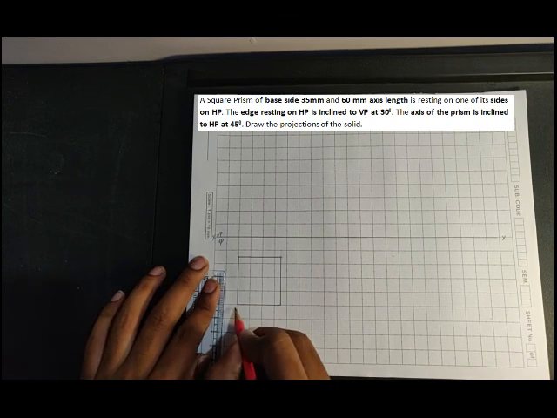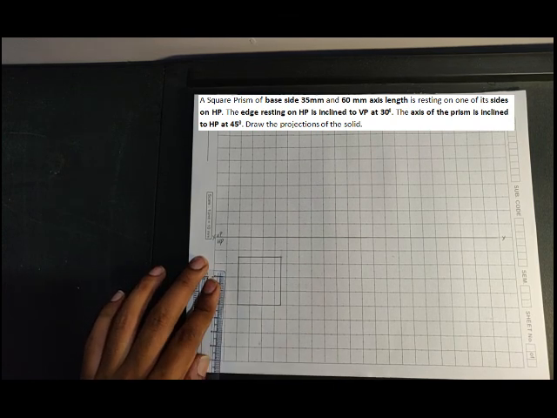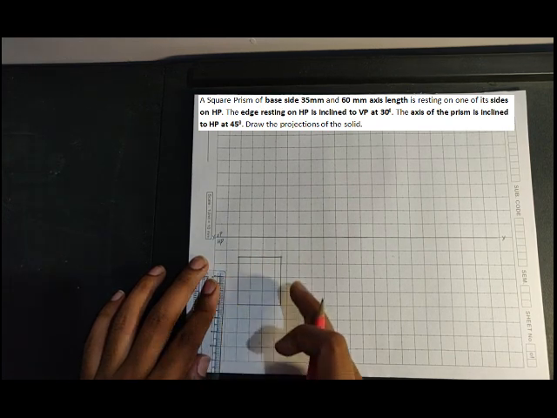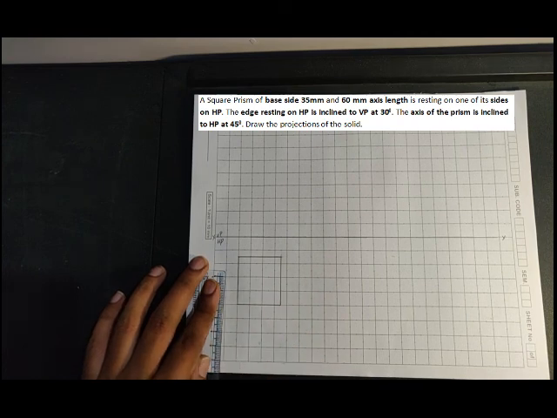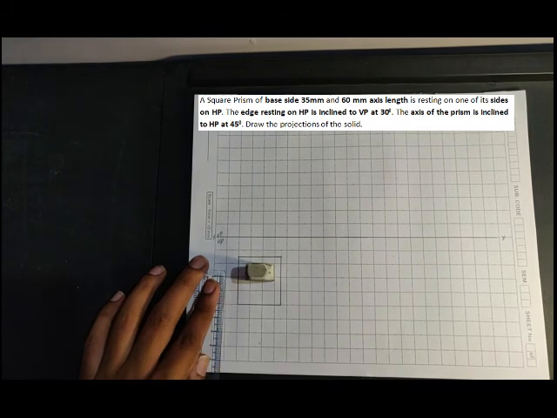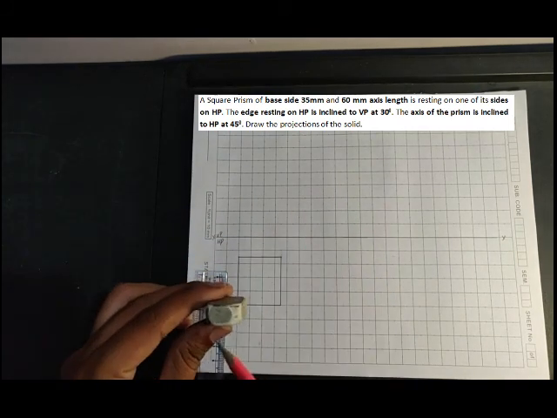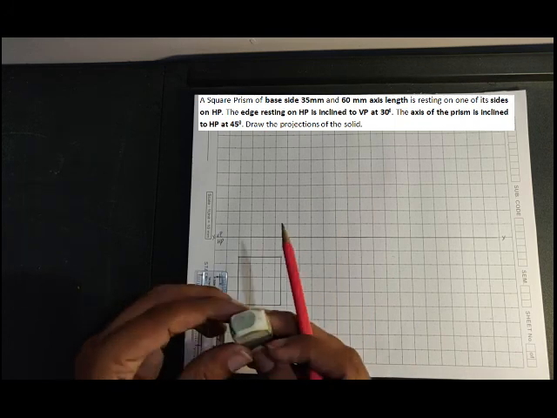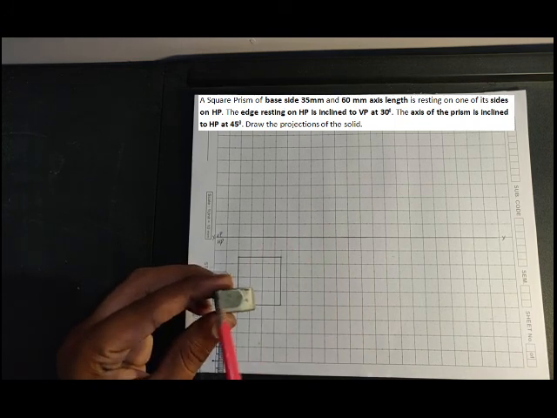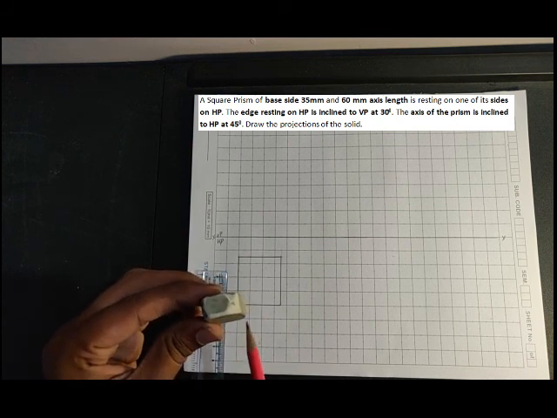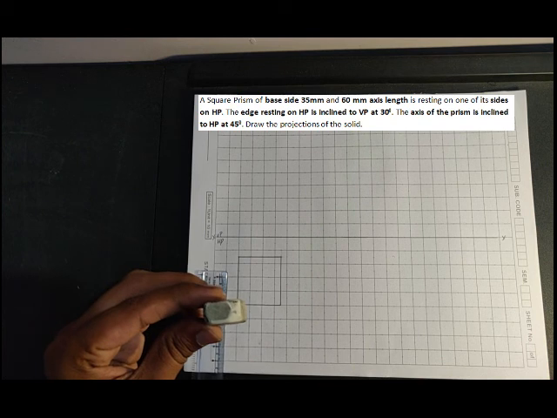Here I'll be naming either in anti-clockwise direction or clockwise direction. It is left to you. I'll start from here. If I see a square prism, as in the case of this eraser, if I place it here and view the top, I can name this. You have 4 corners on the top and 4 corners at the base. So I name the top surface as A1, B1, C1, D1, and the bottom surface, on the same line of action, A, B, C and D. This is how I name this.